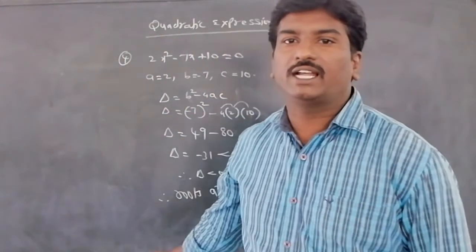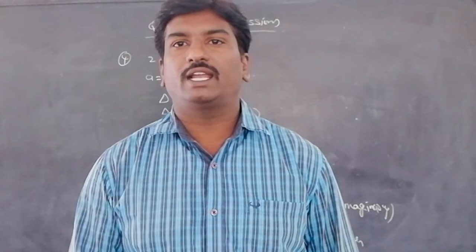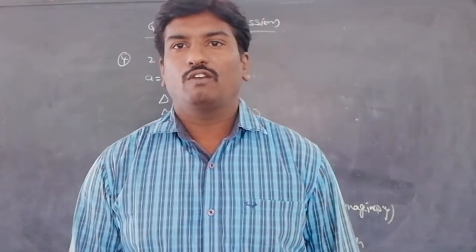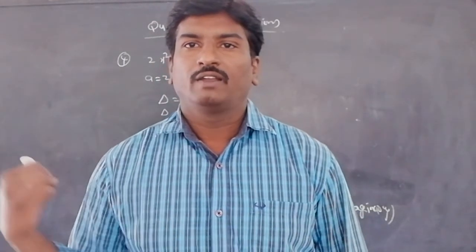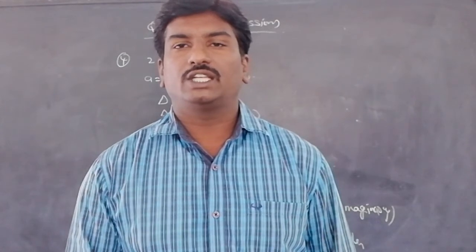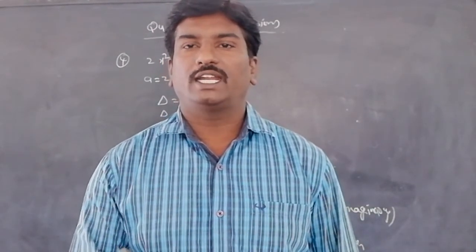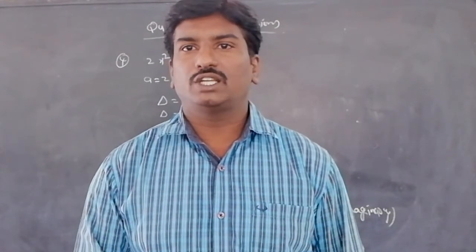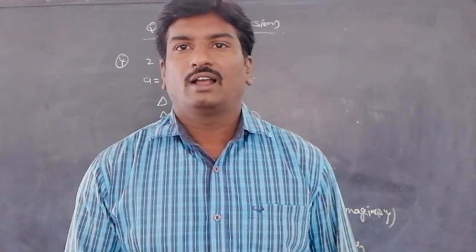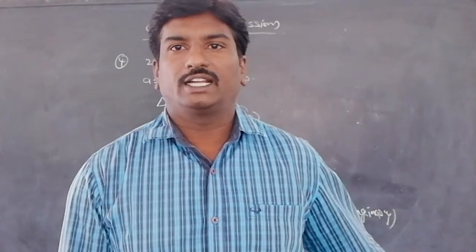So like this you can find the nature of the roots. So the nature of the roots of a quadratic equation depends on the discriminant. So which is called the discriminant? b square minus 4ac, represented with delta. When delta is equal to 0, the roots are real and equal. When delta is greater than 0, either it may be a perfect square or a real value, then we say that the roots are real and distinct. When delta is less than 0, what are the roots? Non-real or complex numbers or imaginary, you can say. Otherwise they are conjugate to each other. Okay?